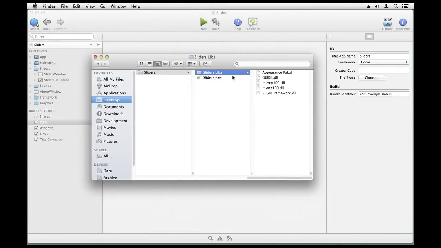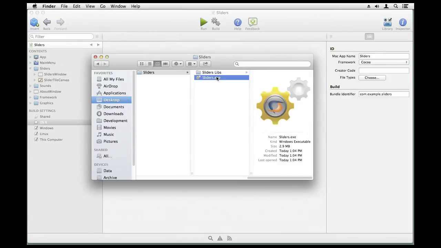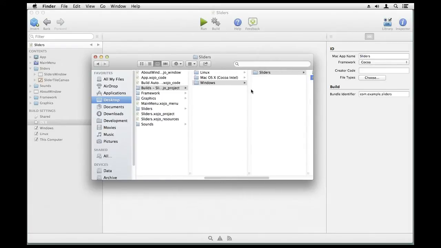And you can see on both the Linux and the Windows versions, there is a corresponding libs folder. It's very important you remember to include that with however you decide to bundle this. And then, of course, the exe, that is what the user actually runs. Now this is all fine and dandy,